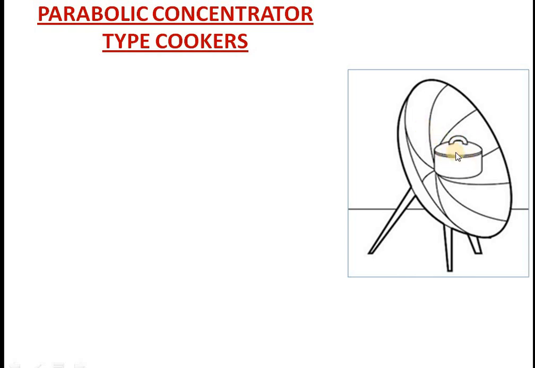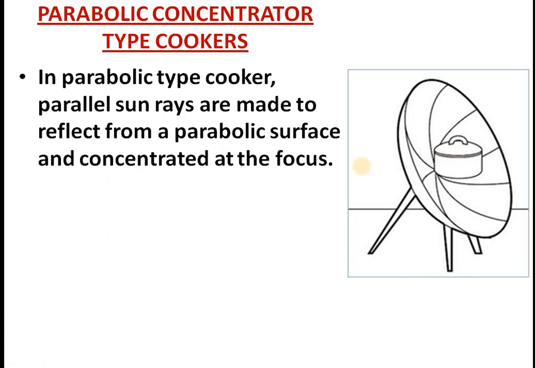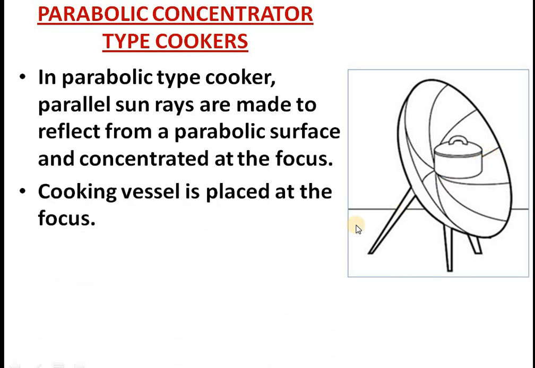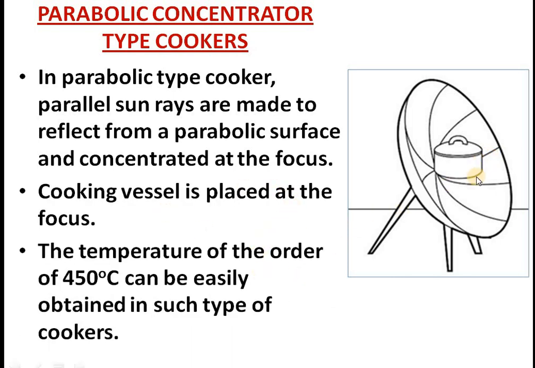So what happens? The entire light gets focused to a single point. So cooking happens much more readily. Here, parallel sun rays are falling and they get focused. So what happens? Cooking happens very fast, and the temperature that we can achieve is much higher, around 450